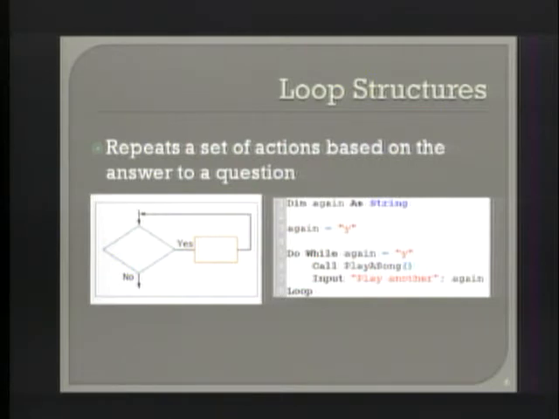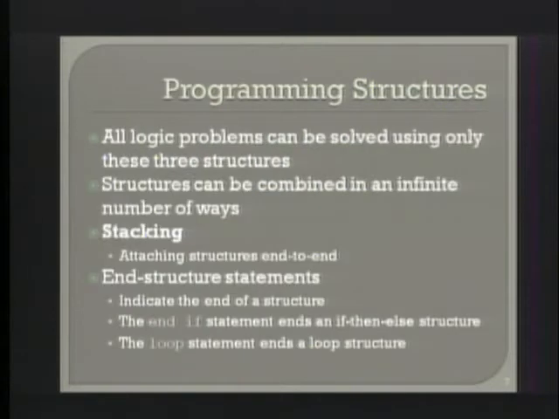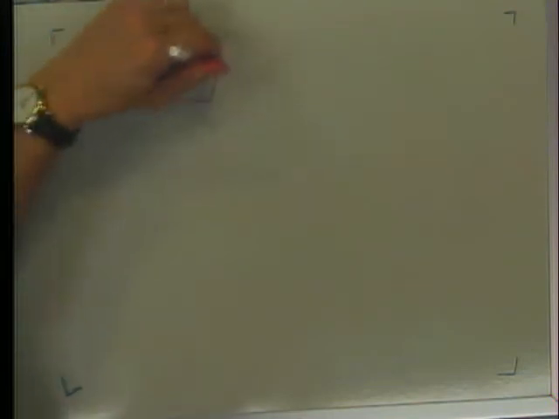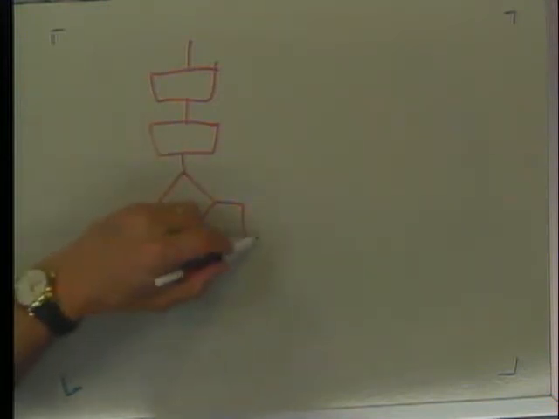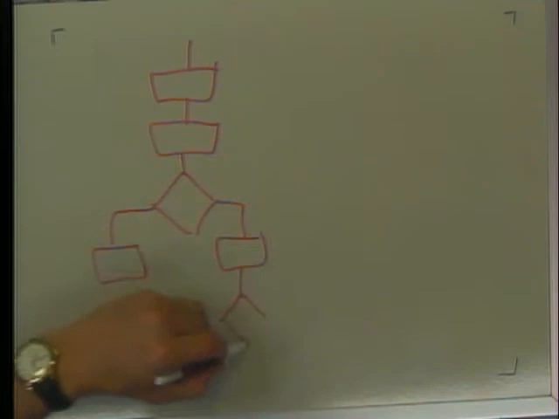But if the thing behaves right, this is how it's supposed to work. So, those 3 structures, sequence, selection, and repetition, all problems can be solved with those 3 structures. And what you do is you stack them. So you'll have some sequence code, and then you'll do a decision, and you can look at it like what happens with your flowchart is you'll have some sequence instructions, and then have a decision, and in here you may have a loop,